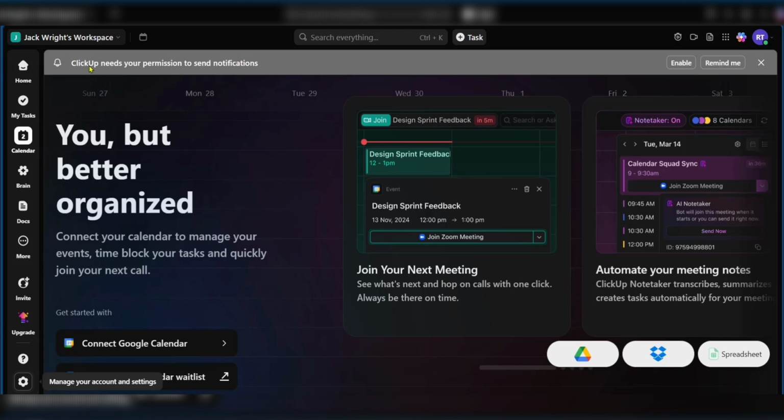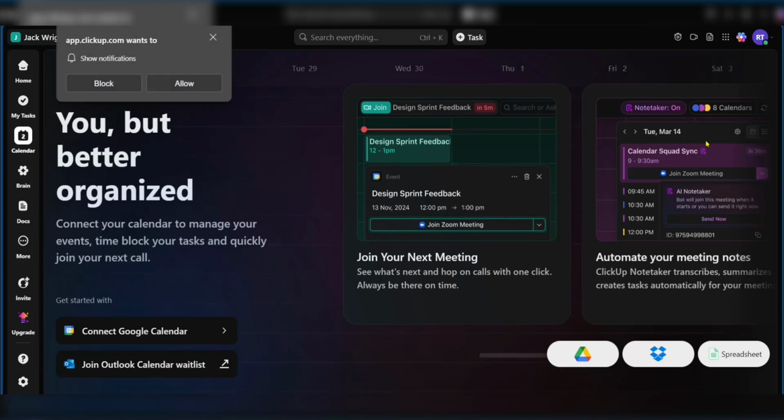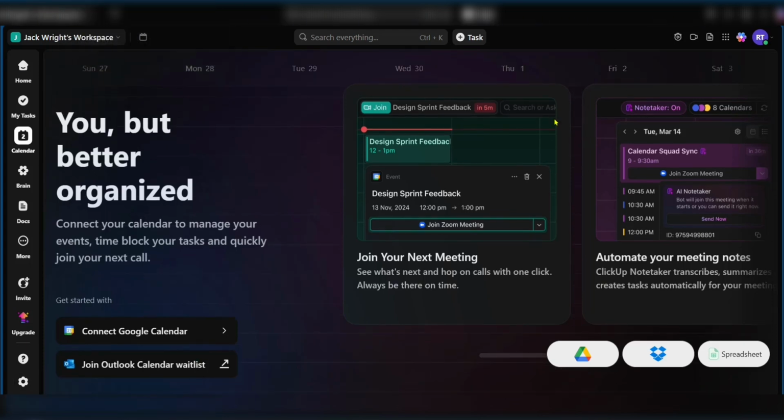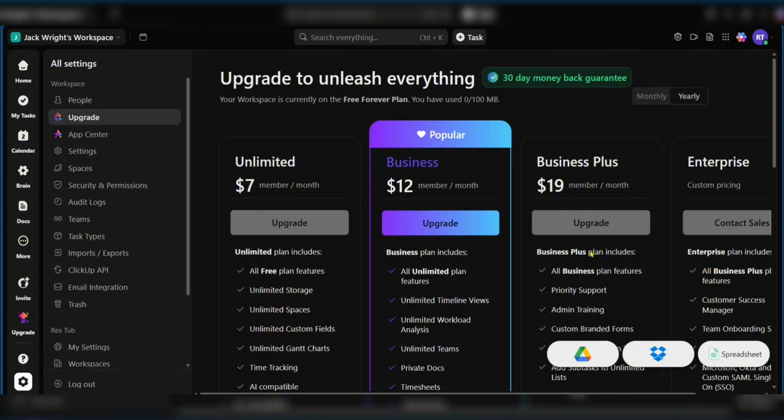At the top here, you can see ClickUp needs your permission to send notifications. We can see enable, allow, and this is important if you're to get notifications right on time. And then of course you have the upgrade button right here if you'd like to upgrade your ClickUp to other